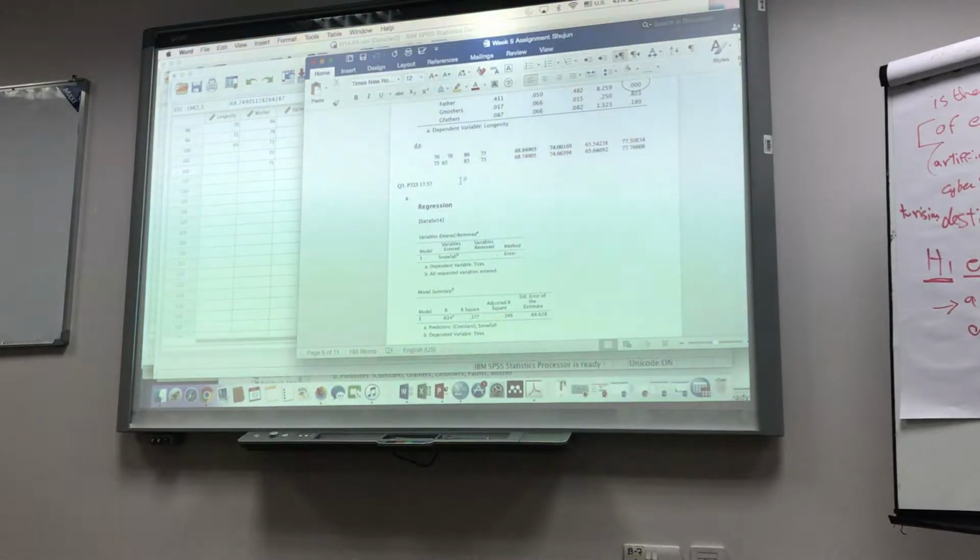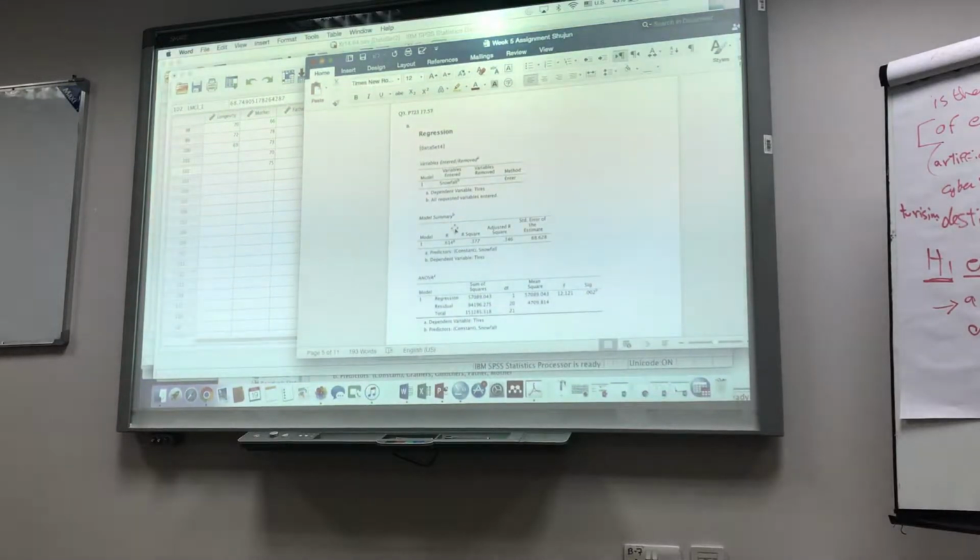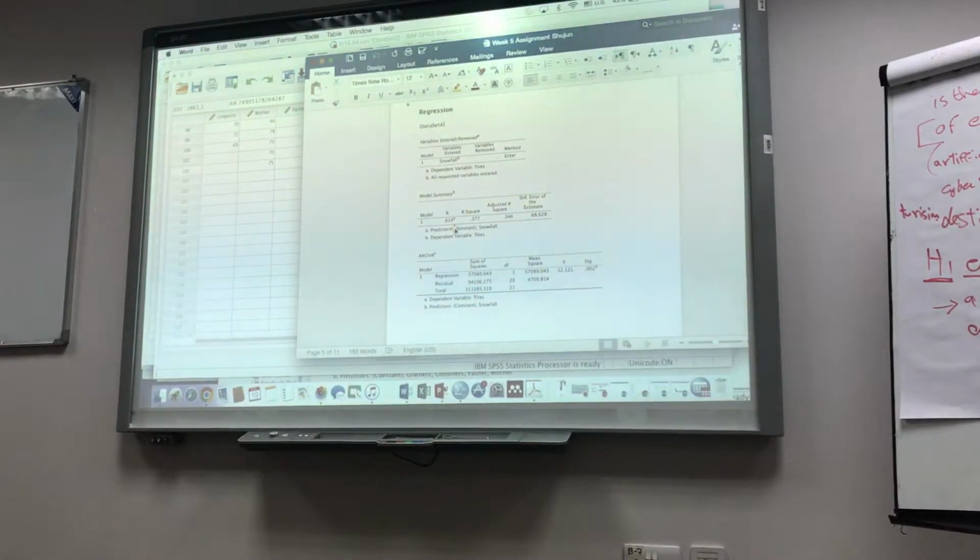Question 3 is page 723. I think this one is to check the Durbin-Watson test. This question is talking about the relationship between snowfall and the sales of snow tires.